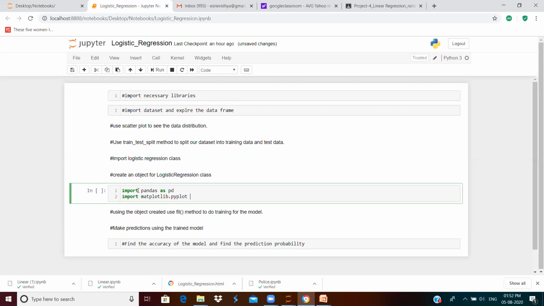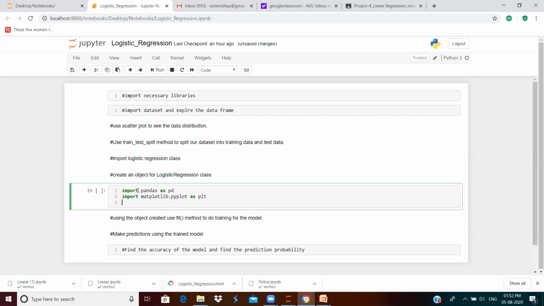We are going to use the functions of this pyplot module, and we need an object to access the functions of the pyplot module of the matplotlib library. So here we are having it as plt. Also, we need the graph inline with our working area, and also we should be able to save the graph which we generate in some other location, right? For that we are going to use this particular syntax, that is %matplotlib inline. Okay.